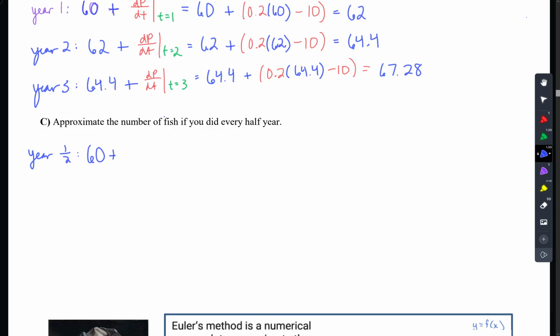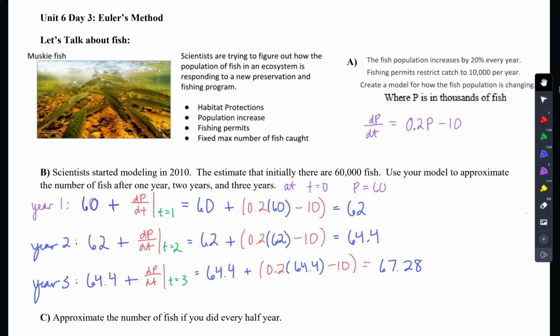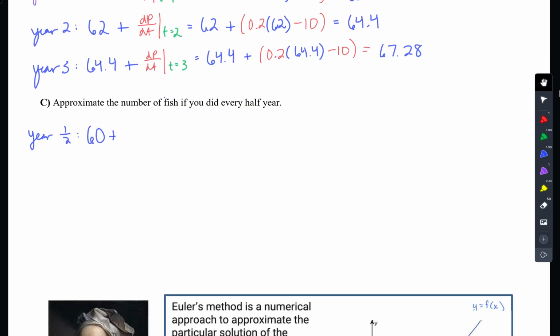But for the rate of this, okay? So for the rate, this is what's happening. Remember, this model we came up with is happening for every year. Remember, the 20% was every year, 10,000 every year. So if you're going up by half years, we have to cut that rate in half, right? That rate represents what's happening every year. If we're going every half year, we now have to take that amount and cut it in half, right? So we're going to go dp dt